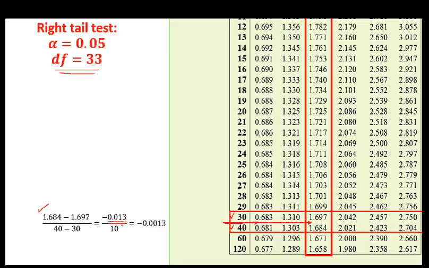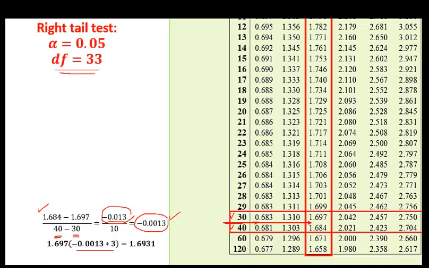So this difference we will divide by 10. Why 10? Because one value is for degrees of freedom 30 and one value is for degrees of freedom 40. So we will divide it by 10. This is the unit difference now, the unit decrease. So in order to get the value for 33, we will multiply this unit decrease by 3, and